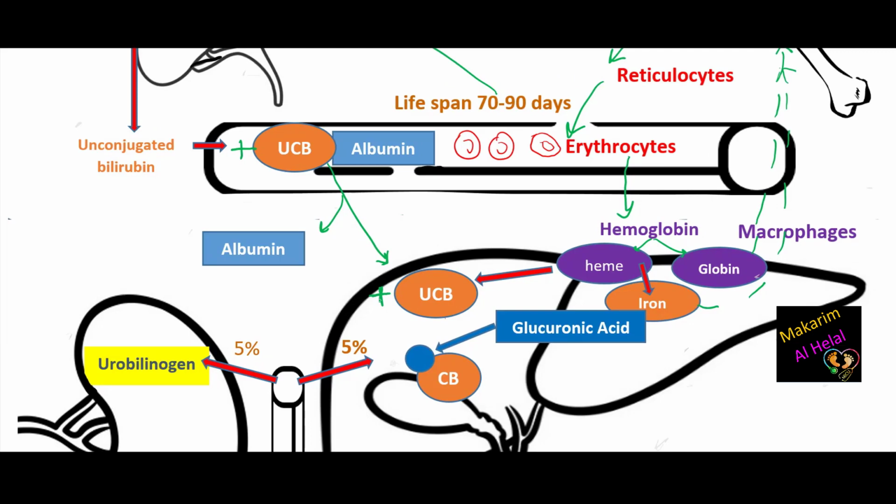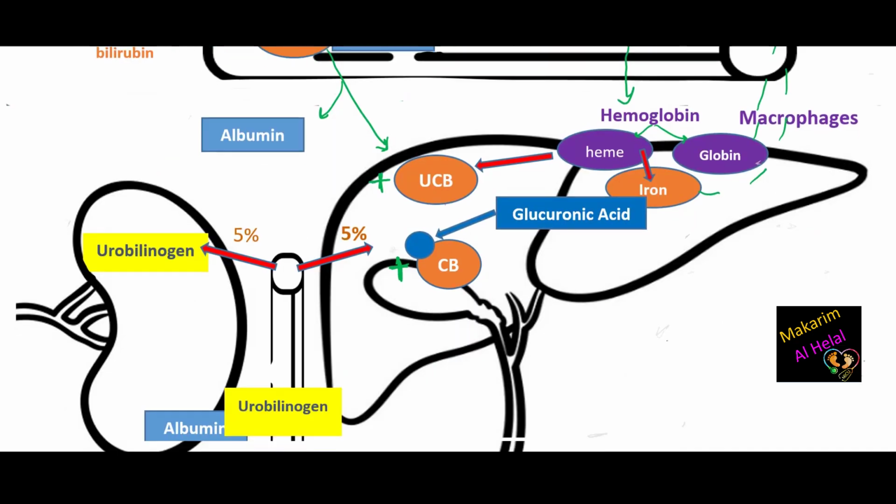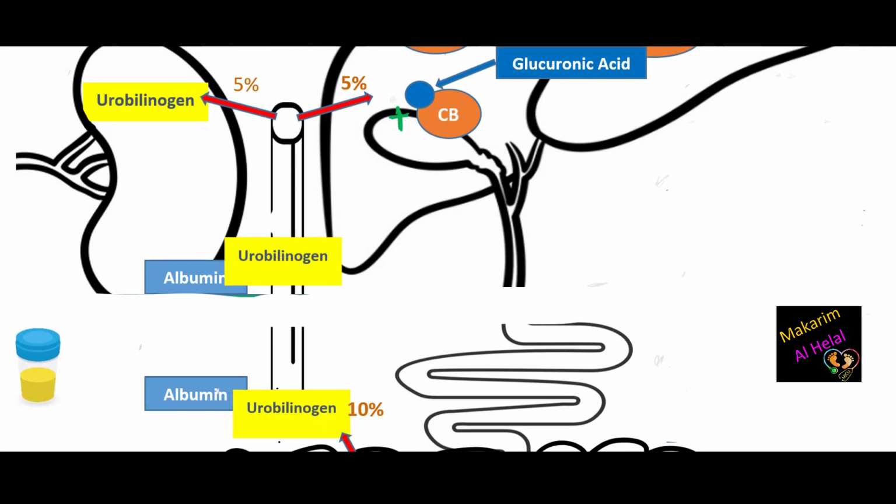in a reaction called conjugation. So all unconjugated bilirubin is converted to conjugated bilirubin with the addition of glucuronic acid. Here the normal conjugated bilirubin is also noted as 1 plus. Conjugated bilirubin is water soluble and is excreted from the liver in bile into the small intestine through the common bile duct, then